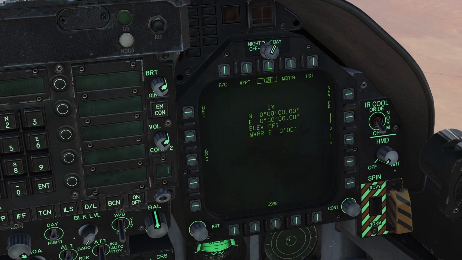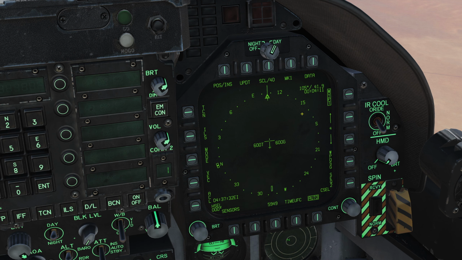Waypoint page again. TACAN page would actually show TACAN information if we were using TACAN navigation. Again, future video. MData not implemented. And then back to the main HSI page. In the center, you have a little bit of information. You see your true airspeed as well as your ground speed. That's useful to know for your own ship. We also have a heading bug here,